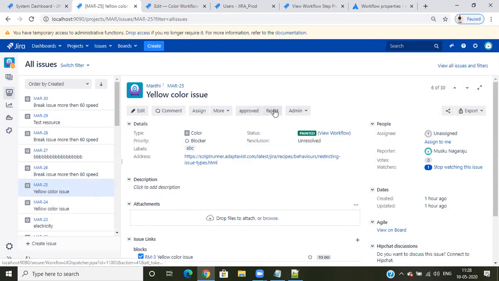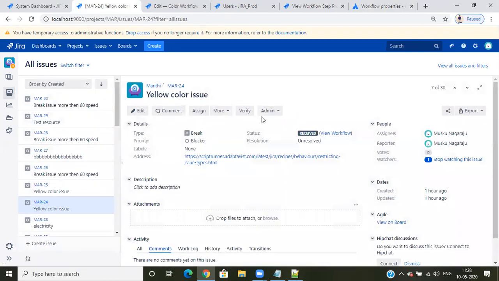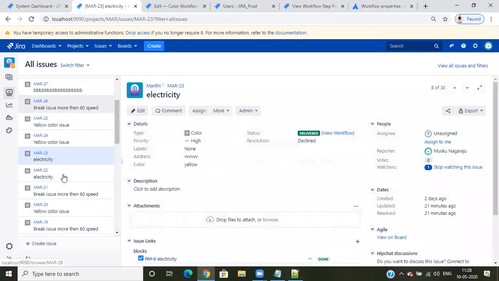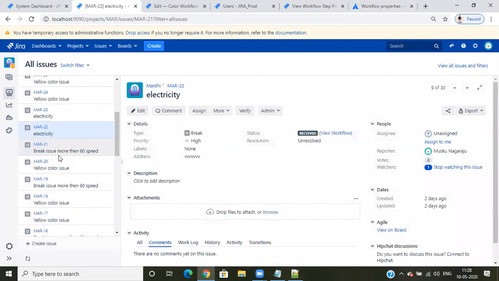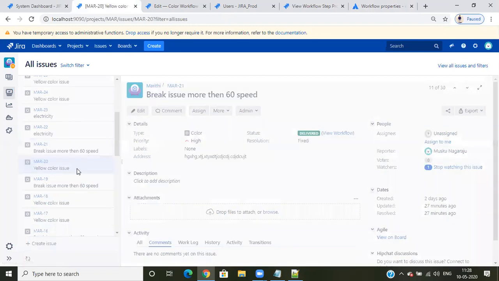I want to arrange this so reject takes this place and approve takes that place. So order-wise, if they want anything, we can arrange it.